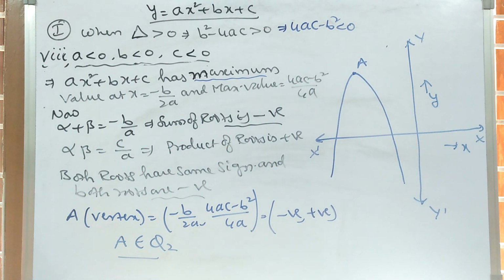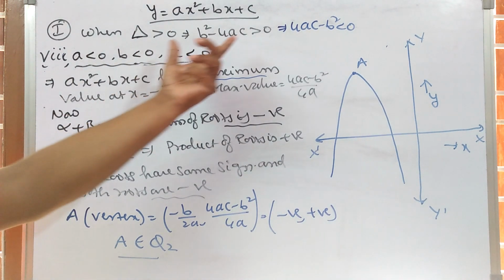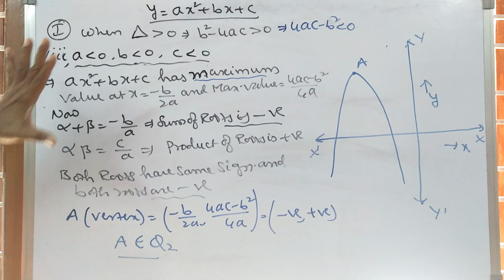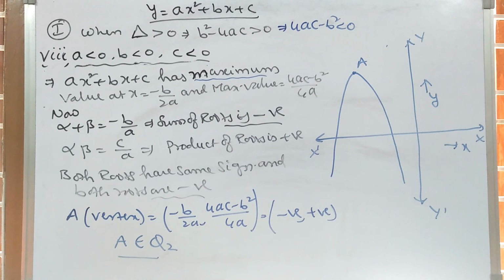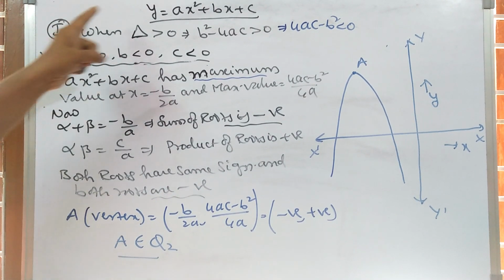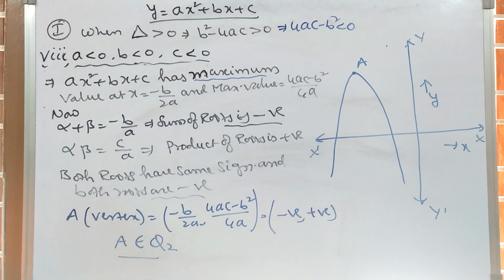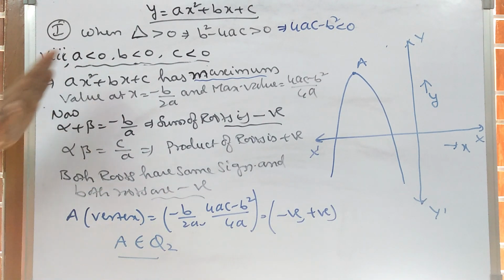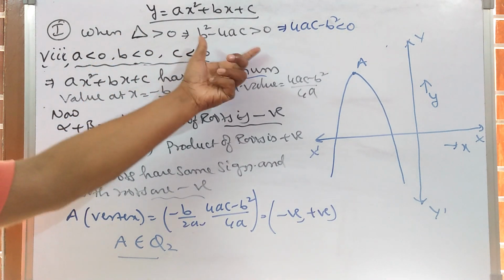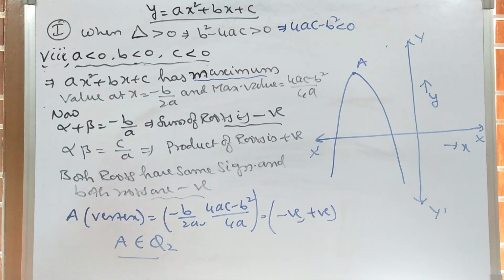These are the 8 cases we have whenever b square minus 4ac is greater than 0. Total 8 graphs I have given. Similarly, next Roman 2 we are going to take, that is b square minus 4ac is equal to 0. And Roman 3 we are taking b square minus 4ac is less than 0. In those 2 cases we will get only 4 graphs, not all 8 graphs. You get 8 graphs only whenever delta is greater than 0. Whenever delta is less than 0 or delta is equal to 0, you will get only 4 graphs in each case. Okay, now let us go for the next one.